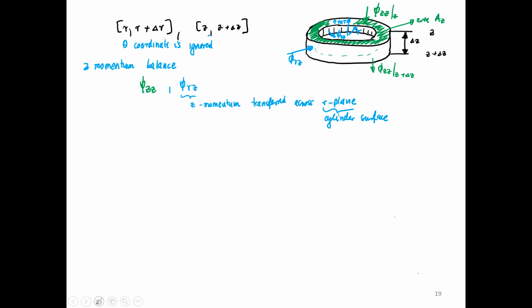I'm going to call this area of the cylinder here AR, the outer area of the cylindrical shell. If I'm balancing what's coming in from the outside, I have to multiply by these areas, and what's leaving, I also have to multiply by area. So when I'm doing the shell balance,